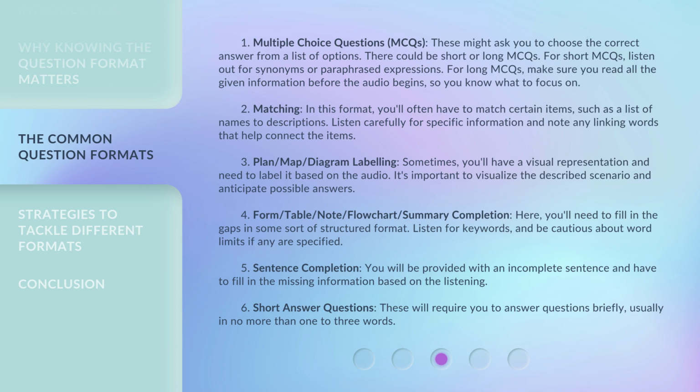1. Multiple choice questions, MCQs. These might ask you to choose the correct answer from a list of options. There could be short or long MCQs. For short MCQs, listen out for synonyms or paraphrased expressions. For long MCQs, make sure you read all the given information before the audio begins, so you know what to